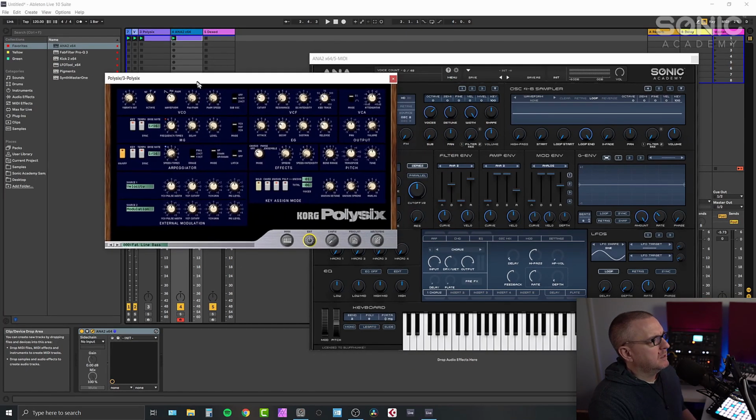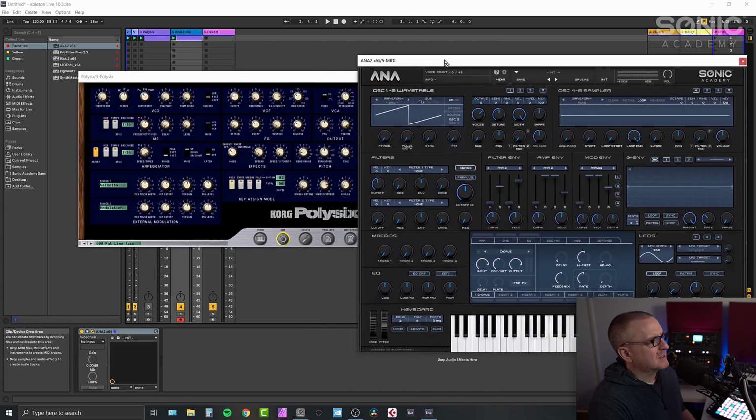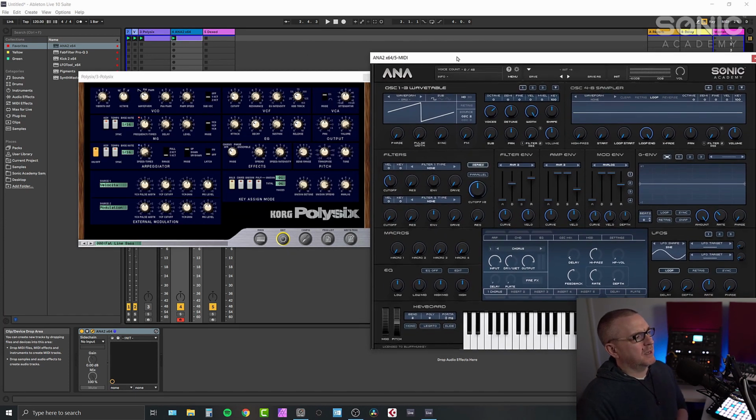Now, one of the things I think makes this Poly 6 patch special is it's quite difficult to put my finger on. It sounds like the oscillators are both in free running mode but also in re-trigger mode at the same time, because you can actually hear the phase beating. So they are kind of locked into each other but also not. I don't know how they've done it. Anyway,